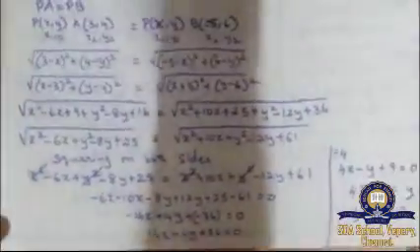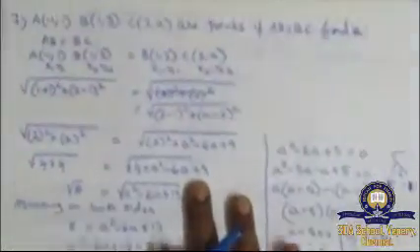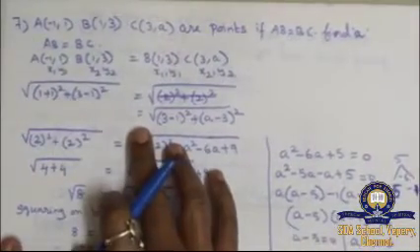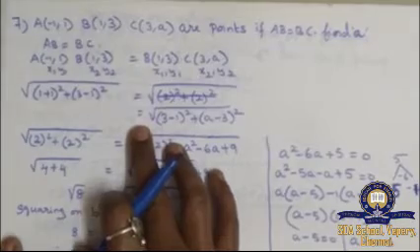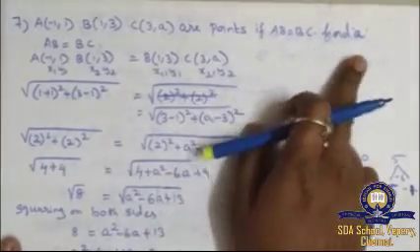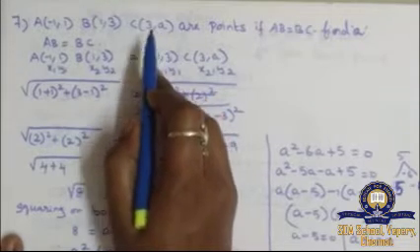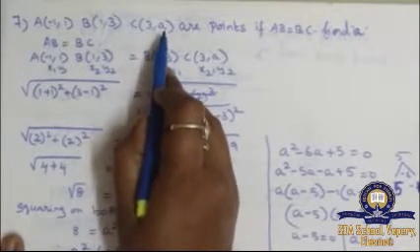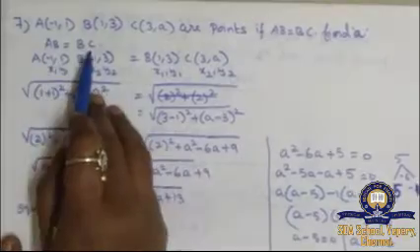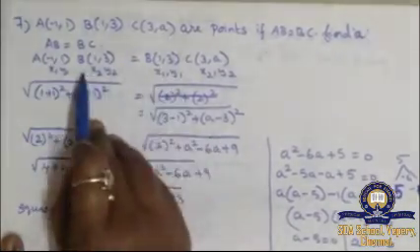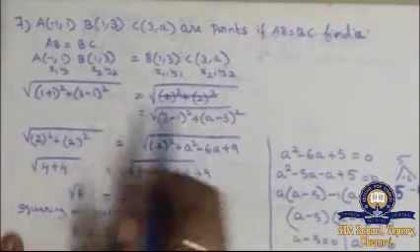Next, seventh question. A point is given, B point is given and C point is given, and if AB is equal to BC, find A. In this question we have an alphabet given in the pair. In the C pair they have given 3 comma A, but they have given a condition AB is equal to BC. So AB, BC. So I have split it and written the equal to symbol itself.